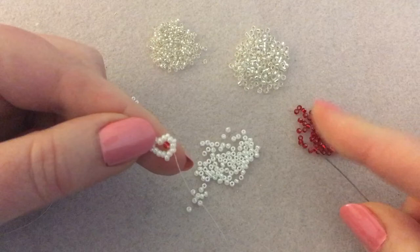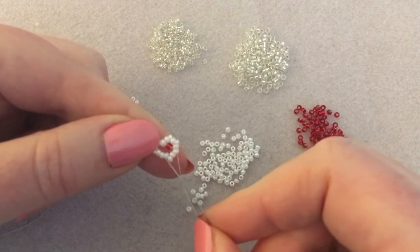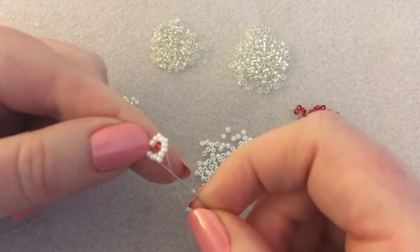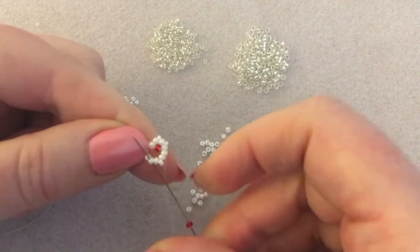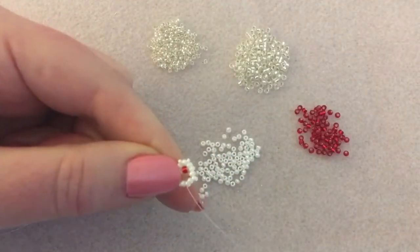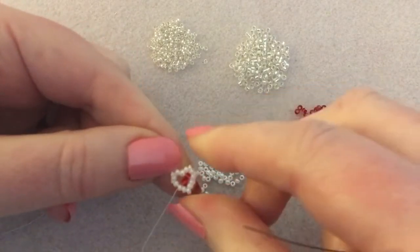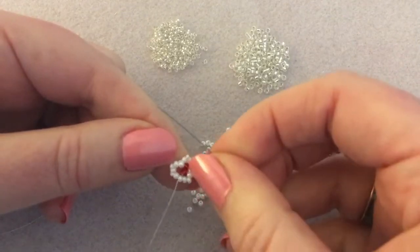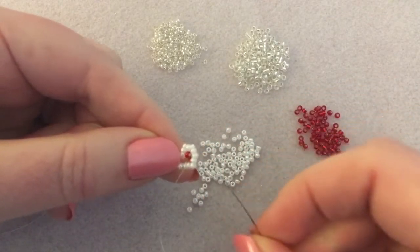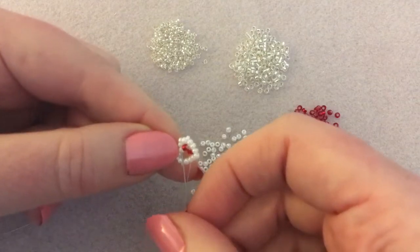Now you're going to pick up another one, and you're going to look across the way here, and the second of these 3, you're going to go into that one in an upwards direction, because here we're going down, so we're still kind of going in a circular motion. So just like that. And when you pull that, he will pop in there. And then one more. Now, don't pull these terribly tight, because what happens if you pull too tight on these is this middle one gets pulled really far in, and it kind of distorts the cuteness of the heart a little bit. So what I'm going to do now is I'm going to go up through